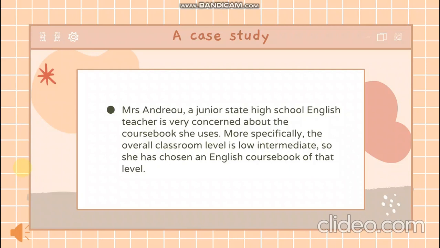The level of the course book corresponds to their language level, and they find the material and the language texts interesting and worth studying. However, their motivation is hampered by the fact